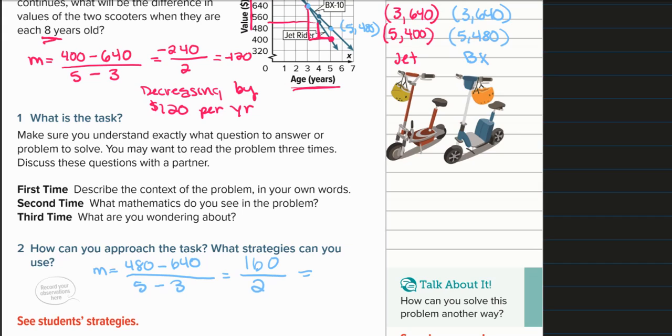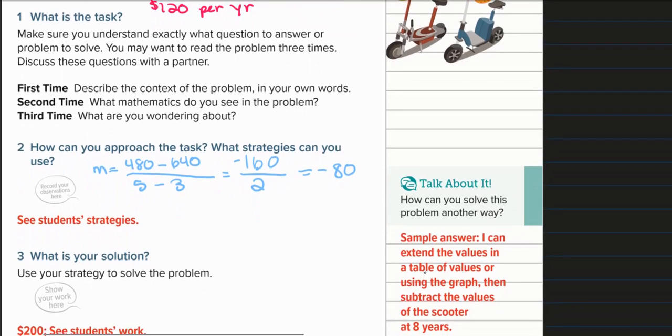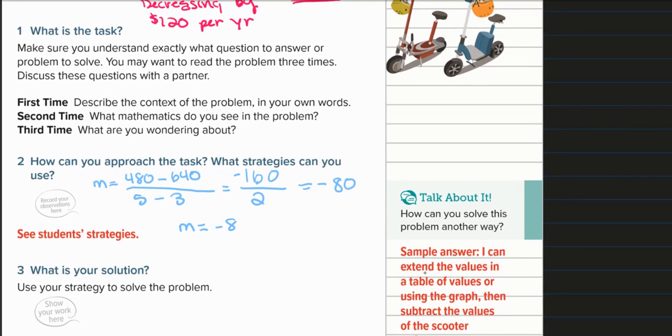And we're going to simplify that. So divide that by 2. We should get, oh, don't forget that's a negative. And we have a negative 80. So our slope for the BX is going to end up being negative 80. But that means that we're going to decrease by $80